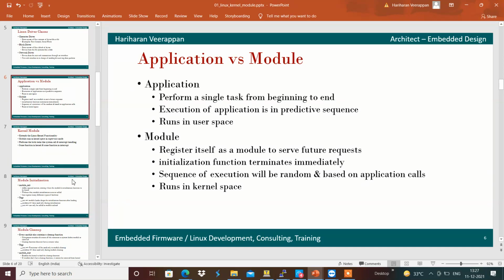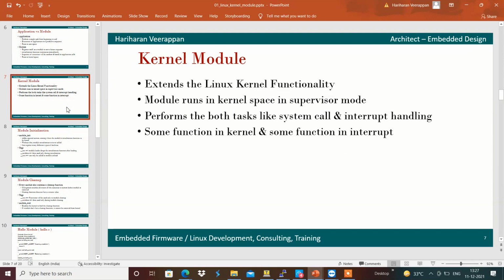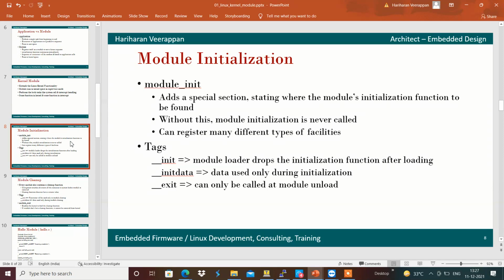Then we will see how we can create a simple module. In order to do the initialization, there is a macro called module_init, which basically does the initialization of the module.